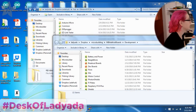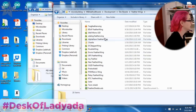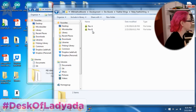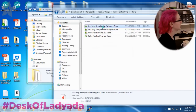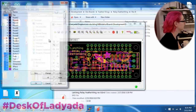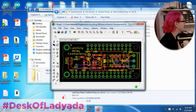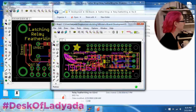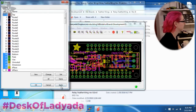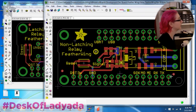So let's pull up that design. It's the relay Feather Wing, and I made two versions. I made a latching one. Turn off the bottom so it's easier to see. And this also comes in a non-latching type. So there are situations where you want a latching relay or a non-latching relay. A non-latching relay,